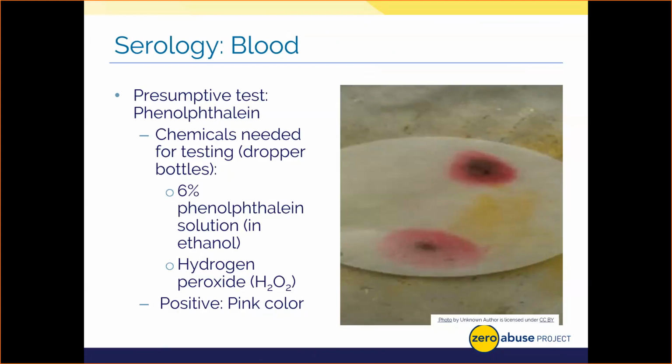Now, using that small subset of sample, the analyst adds a drop of the phenolphthalein and then a drop of hydrogen peroxide. If positive, in other words, if the sample is possibly blood, you're going to get a pink coloration as a result. I also want you to understand at a basic chemical level how the test works. Phenolphthalein and hydrogen peroxide are colorless before we use them on a stain. However, if heme is present, meaning that blood is potentially present in the sample, the heme will give electrons, and electrons are one of the three basic components of an atom, if you recall from basic chemistry, to the peroxide. To compensate, the blood takes electrons from the phenolphthalein chemical, which causes it to turn pink.